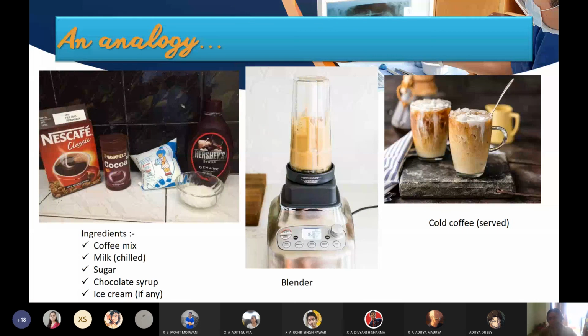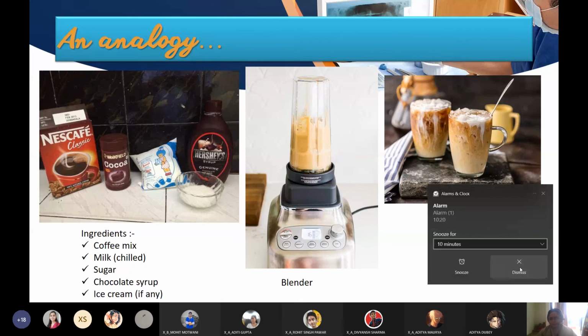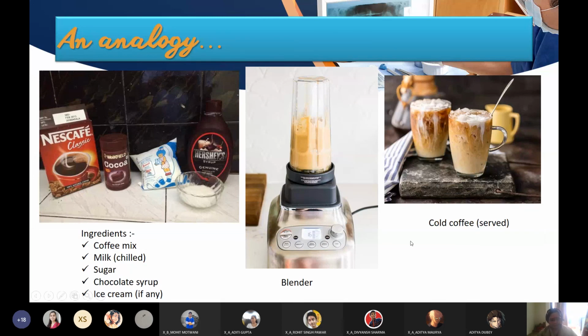Let's understand the IPO cycle by this simple analogy, right? You can see some ingredients over here. It's very hot and humid weather right now, very sultry weather going on, so nothing works better than a full glass of chilled cold coffee, right?